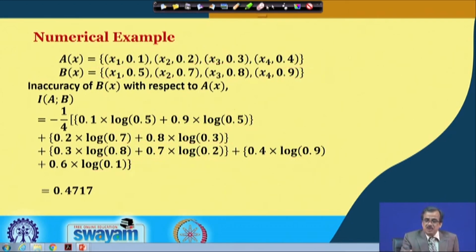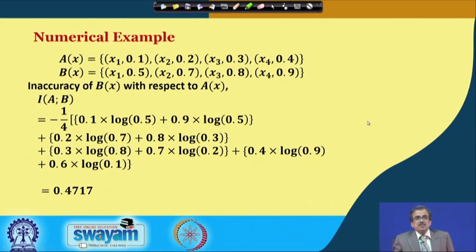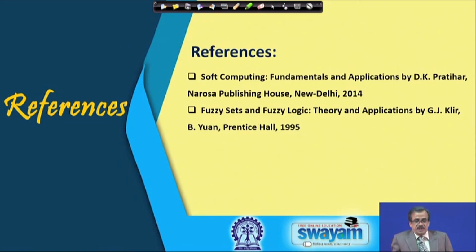This is the way we can calculate the inaccuracy of a fuzzy set with respect to another fuzzy set. For the discussion I have just given, you can see the textbook Soft Computing: Fundamentals and Applications, written by me and published by Narosa Publishing House, and the reference book Fuzzy Sets and Fuzzy Logic: Theory and Applications, written by George Klir and others, published in the year